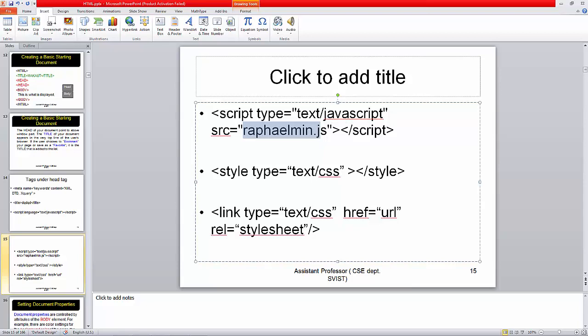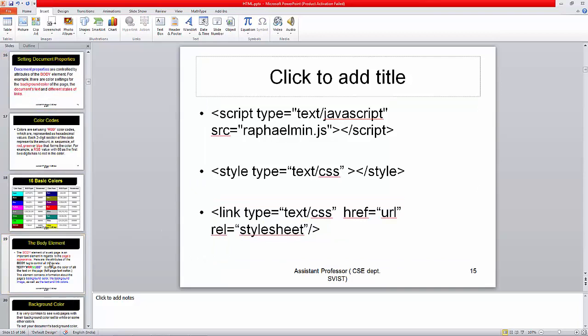We will see it in the class of JavaScript, and then also the style type has been given here. So there is also the link type. Here mainly the embedding within the page has been given in the style type, whereas the link type is mainly meant for external CSS. Okay, so we will look at it afterward.